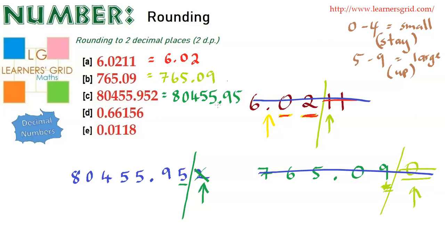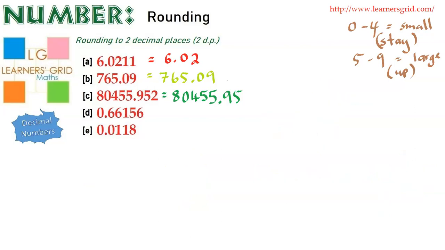Okay, let's tidy up this board a little bit and finish off with questions D and E. So the next question, question D, is 0.66156. Okay, so lots of digits, great, but we only need the second one. So the second one is here. That's our target digit. Cutoff is there then. This is the indicator digit. It's small again, so this is the answer. So 0.66. And we're up to the last one, question E,